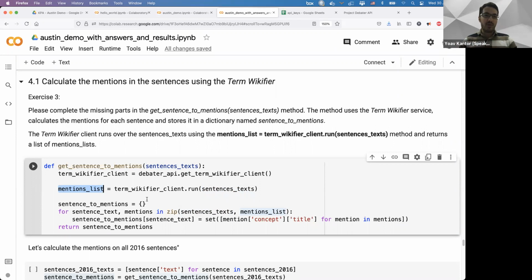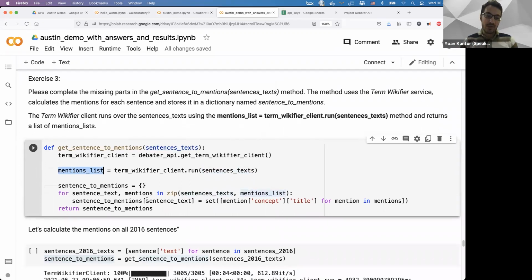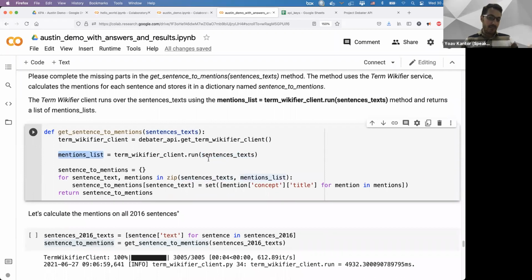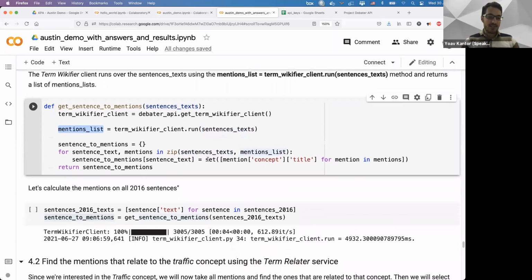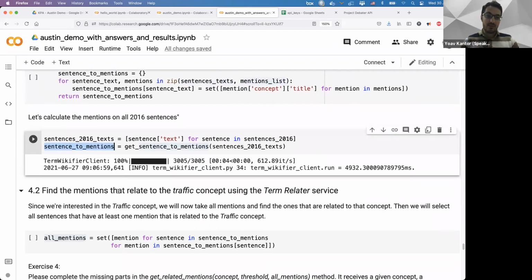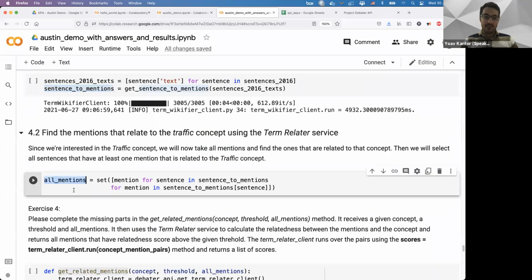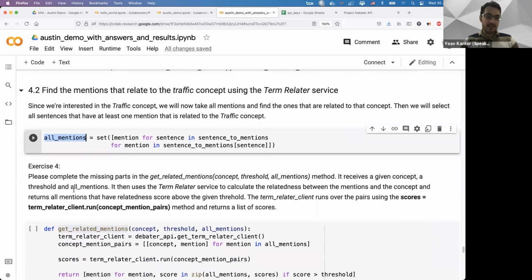So we can say that mentions and concepts are interchangeable. We get all the concepts from the sentences. This is a dictionary from a sentence to its mentions, to its concepts. We then take all the mentions in the data, in the text.